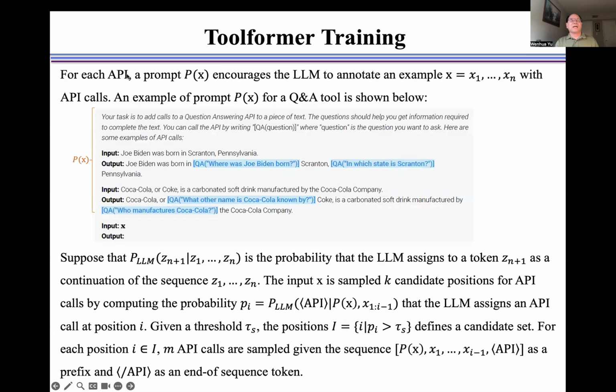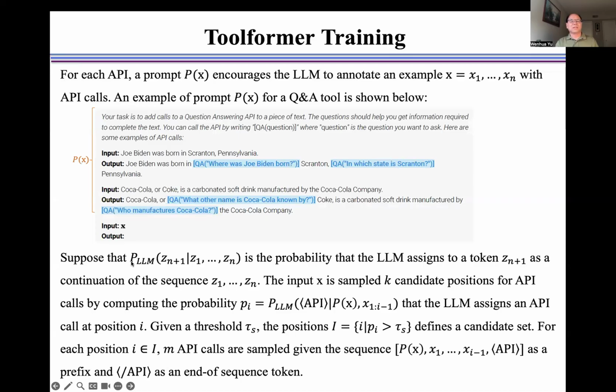For each API, a prompt P encourages the large language model to annotate the example X with the API calls. An example of prompt P for a Q and A is shown here.